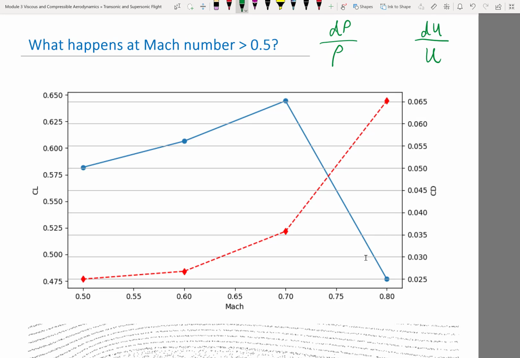And the ratio we have worked out turns out to be what? Anybody remember that? Minus M squared, exactly. So that's what's defining the square of the Mach number as being the